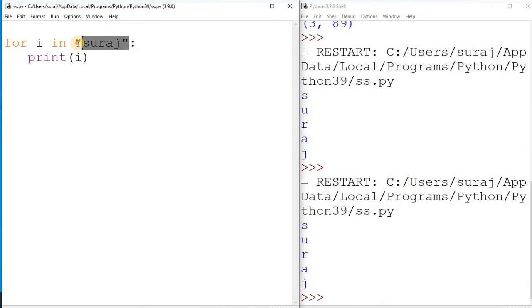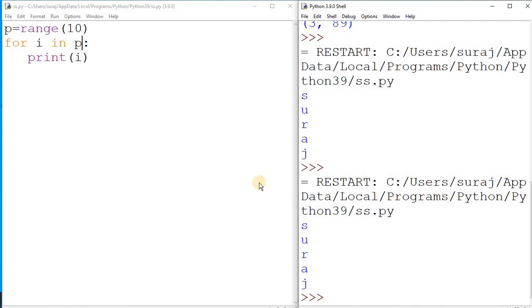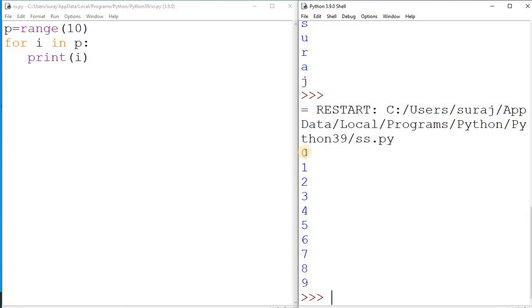Now the last one is how you can work with range. Suppose here I am using p equals range of 10, and then you have to use that variable, range p. You see it is showing the values from 0 to 9.